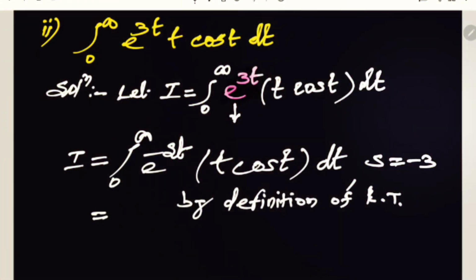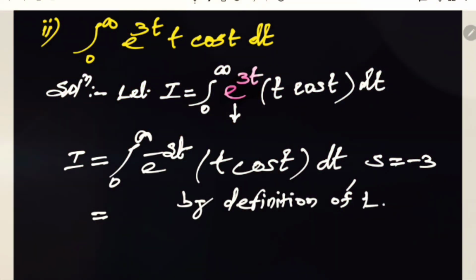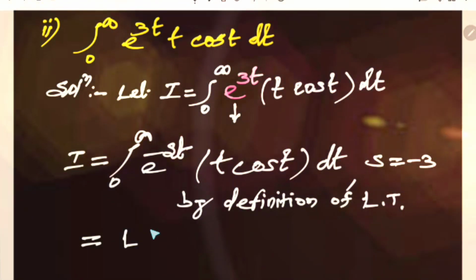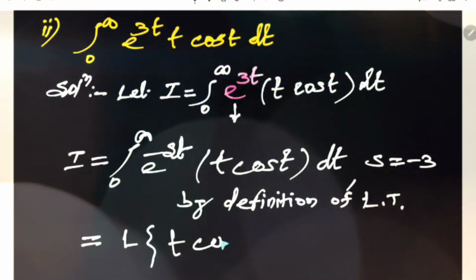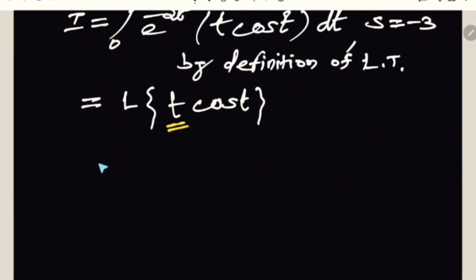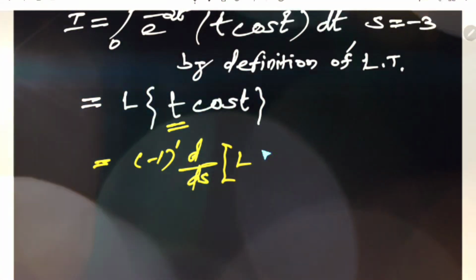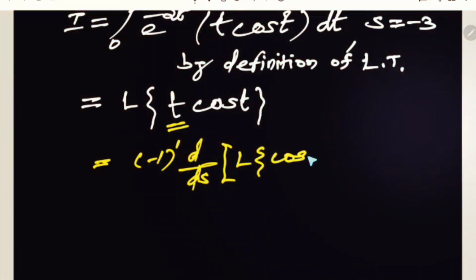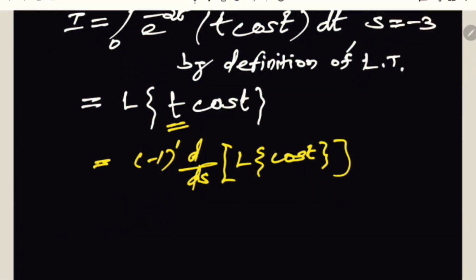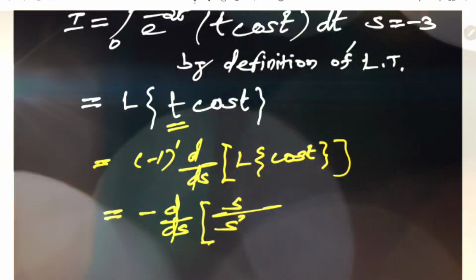That above step is nothing but Laplace of the function t into cos t. And how to evaluate it? We have to apply the multiplication by t raised to n theorem, which I have discussed in my earlier video. Therefore, as per that theorem, it is minus 1 raised to 1 d by ds of Laplace of cos t, means f bar of s, and therefore the sign is minus d by ds of Laplace of cos, which is s upon s square plus 1,